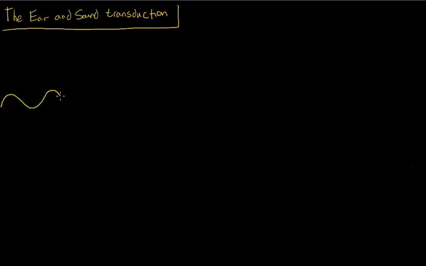So we've got this sound wave coming through the air, and it's going to enter your ear, the outer ear that you can see, or the external ear, and it's going to hit what's called the tympanic membrane. And that's what's more commonly referred to as your eardrum. Let's draw that a little thinner here. When these sound waves hit this tympanic membrane,